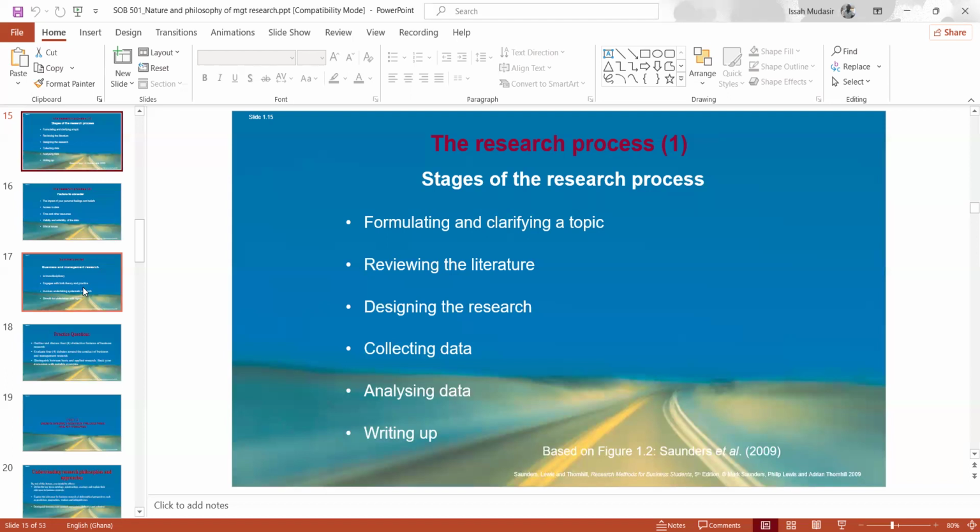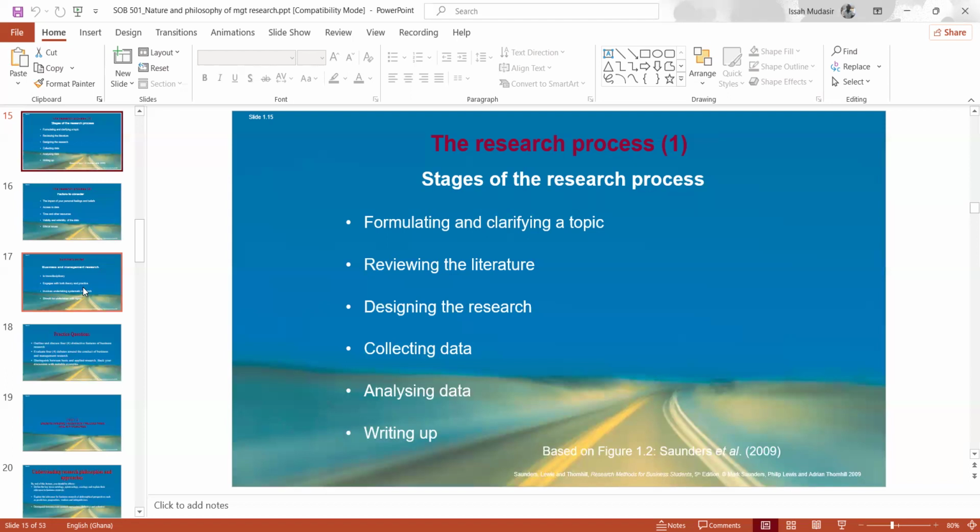Then after you have collected the data, you now have to determine how you analyze the data. Okay? What are the appropriate tools that can help me to analyze the data well? Then after I have analyzed the data, I then have to write everything, put the research report together from the start to the finish so that the research will have a logical flow. Okay? So there must be what we call a common thread that flows from the top right down to the bottom so that there is no disconnect.